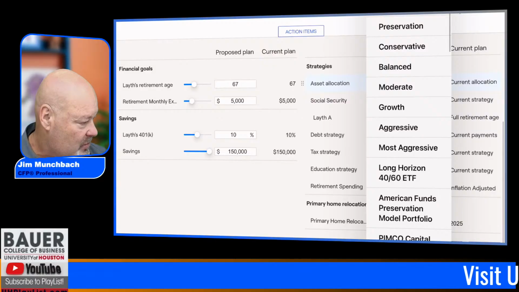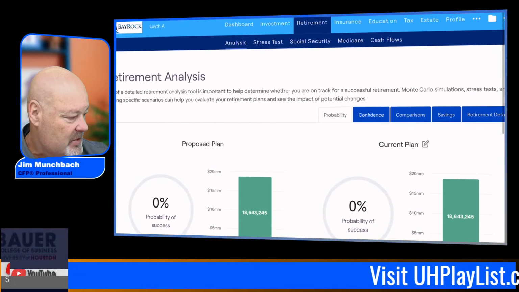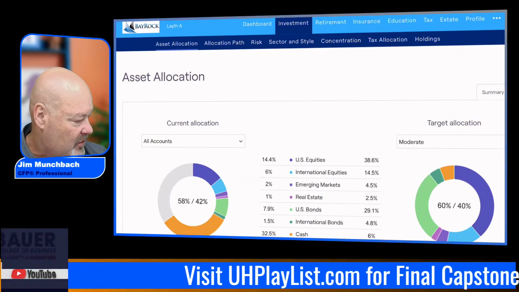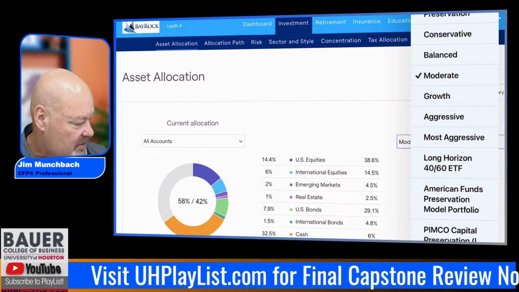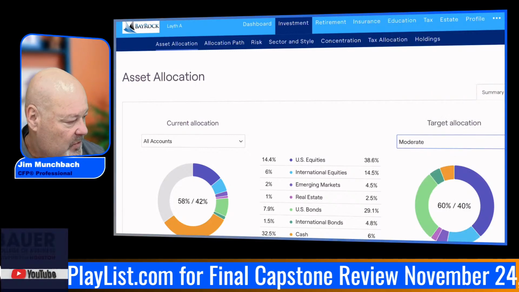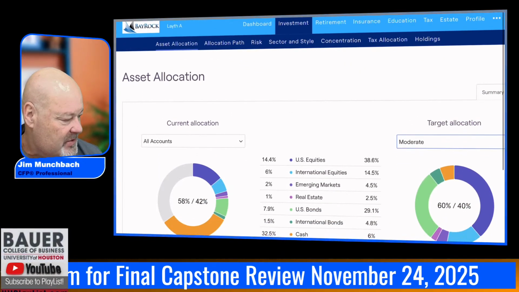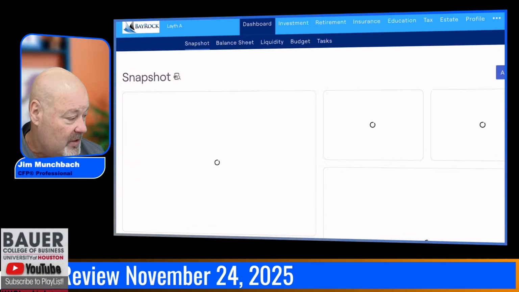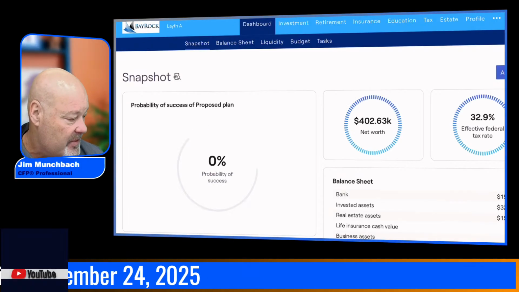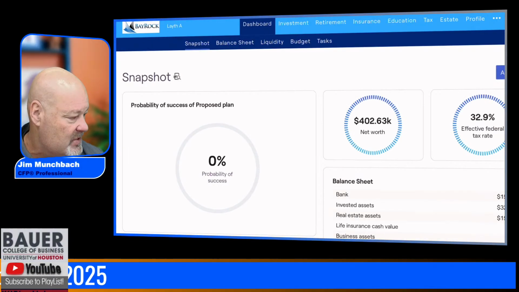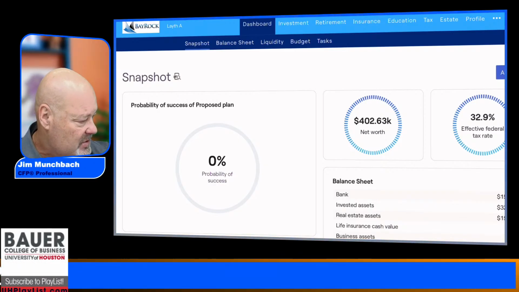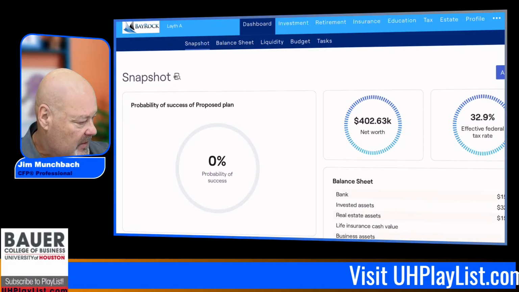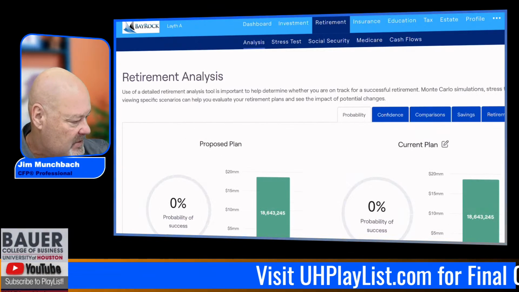I'm not sure what you've done as far as your investments. Let's just take a look. Looks like you're moderately invested. So you could play with that and it would make a change to your financial plan. So I'm going to leave it there for you, Lath, and just say the best thing you could do is delete all of the extra things, pay attention to the important things that we covered. It looks like I think you have correctly done your tax allocation.